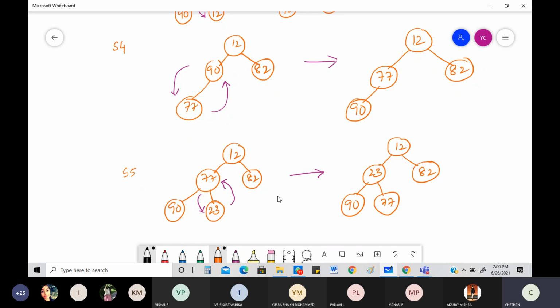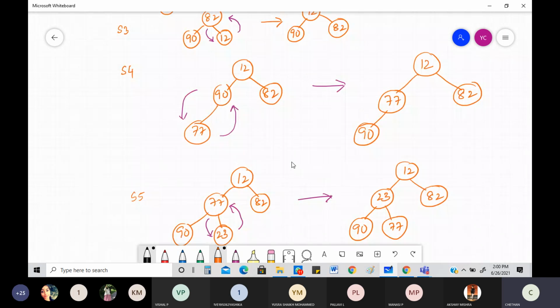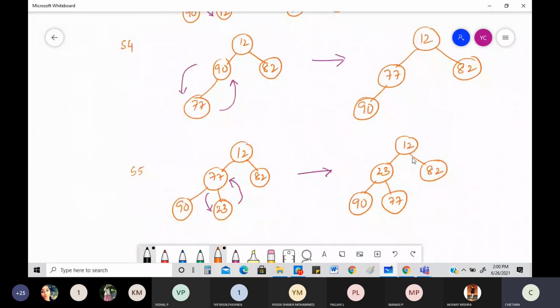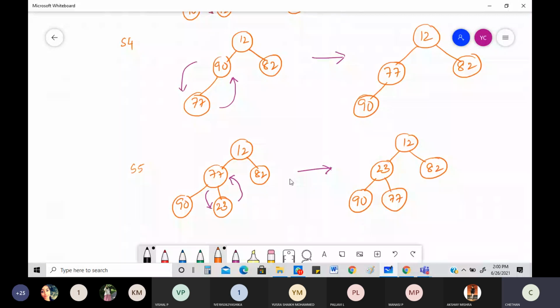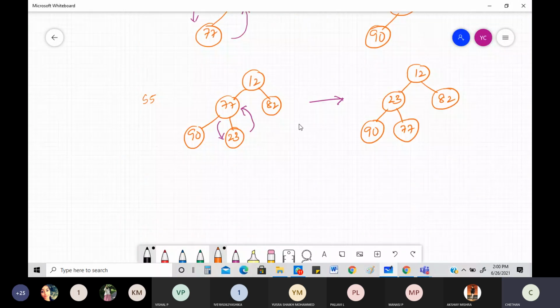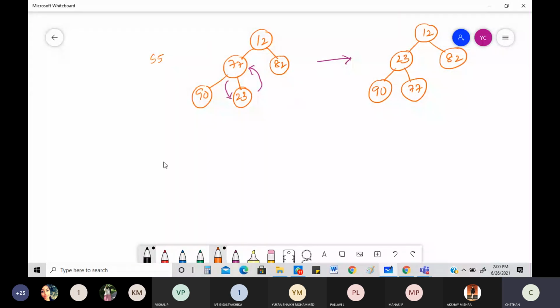What's the next thing? Next thing is I need to add one more element, right? How many elements are over? 1, 2, 3, 4, 5. So there's only one element remaining. What is that? 10. So 10, step number 6. See, this is why it's called the successive insertion method. We are inserting one step after the other, checking whether it is a heap or not. It's not like your bottom-up technique where you first write the binary tree, then see whether it is a heap, and finally whether it is a maximum heap or minimum heap. Here each and every step we check. So that's very important that you got to know.